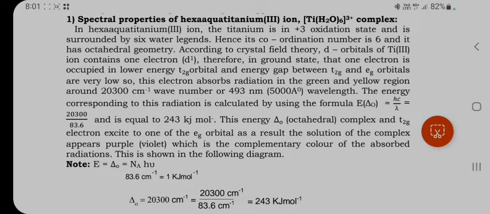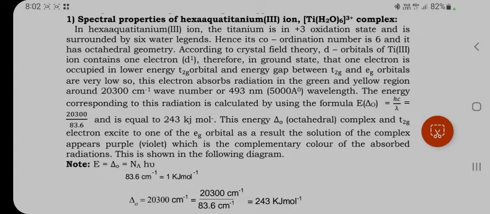Therefore in the ground state, that 1 electron will occupy the lower energy t2g orbital, and the energy gap between the t2g and eg orbitals is very low, so the 1 electron present in the t2g orbital absorbs radiation in the green and yellow region around 20,300 per centimeter wave number or 493